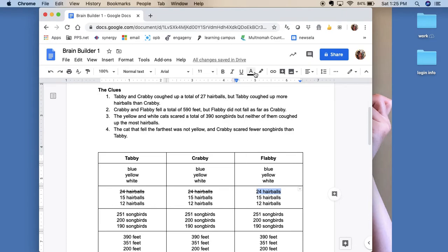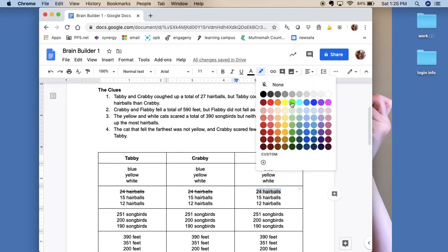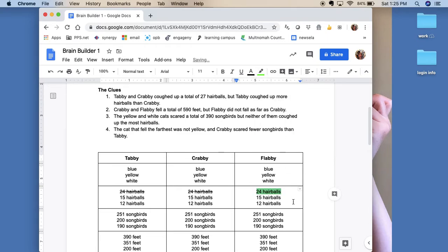I'm going to highlight it, and then I'm going to use this little thing, highlight color. I'm going to highlight it green. That means I got it right. Green means go, right? So that means I know that Tabby does not have 24, Krabby does not have 24, but Flabby definitely does. That means Flabby cannot have 12 hairballs or 15 hairballs, so I'm going to use that keyboard shortcut again, Command-Shift-X, and strike through those. And you want to do that for every clue and everything till you have a green answer for every box